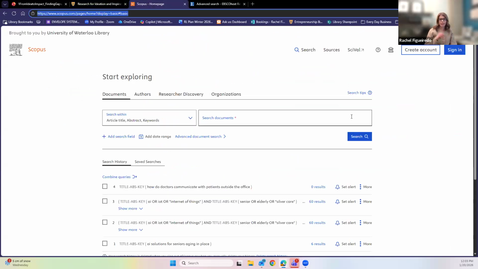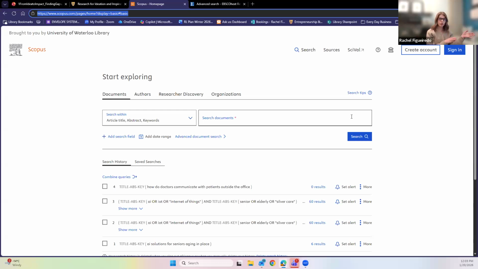Scopus is an academic research tool. It's used to find things like journal articles and academic book chapters. It would be very similar to Google Scholar, if you're used to using that, with a very similar intent. You go on Google Scholar rather than just Google because you're searching for academic content. That's the same idea here.